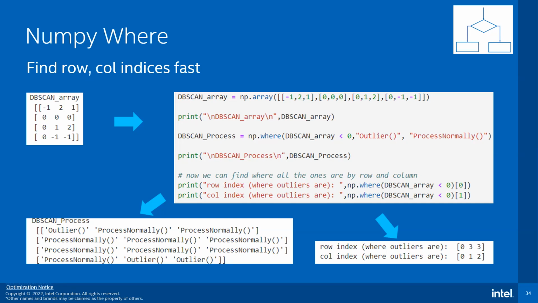In this case, I did a DBSCAN on my cluster data, and I want to find all those outlier classes, that is, all the places where it assigned a class of -1. Well, then I can look at my DBSCAN array. Anytime it's less than 0, I could print those values as outliers, and I could specify the row and column indices. I could do that as a for loop, or I could do it just as